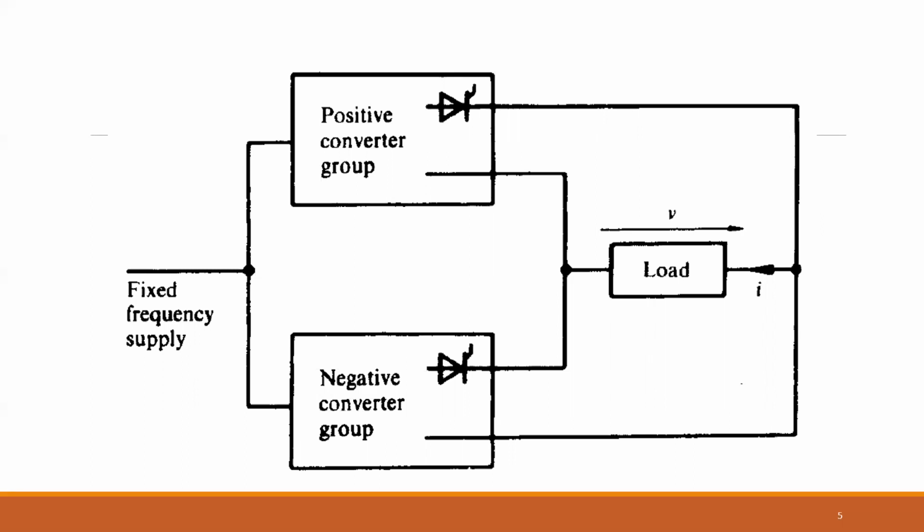What actually happens is that four thyristors are used in both the positive converter and the negative group converter. We provide firing pulses to these thyristors such that only the positive cycle passes to the load during one period, and then we provide other firing pulses to the other thyristors such that only negative cycles appear at the load side. Then we apply the Fourier series and extract the fundamental frequency from these outputs. So they actually work like that.